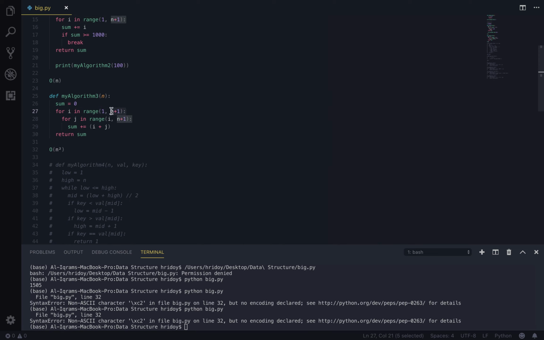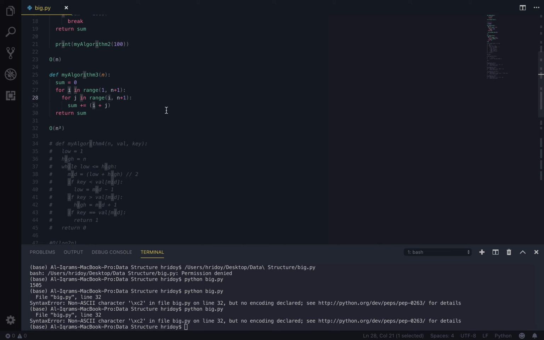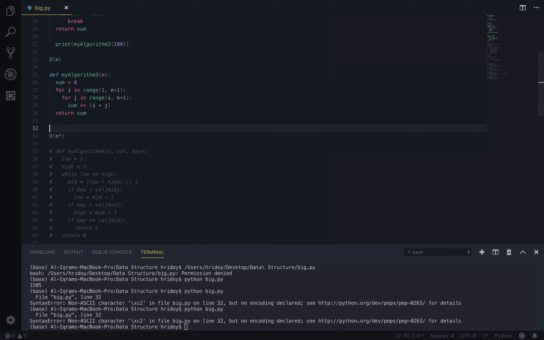The outer loop runs n times for the first iteration. The inner loop runs n minus 1 times, right? As you can see, n minus 1 times in the inner loop. So the total number of iterations of the inner loop can be calculated by adding the number of iterations for each iteration of the outer loop. So here, if we see, n plus n minus 1 plus n minus 2